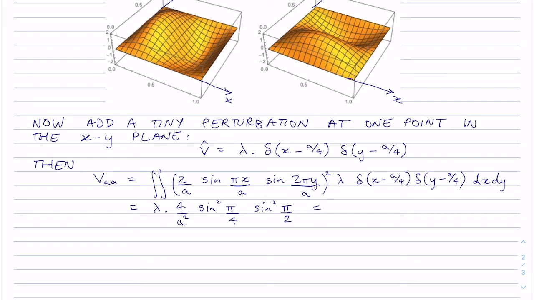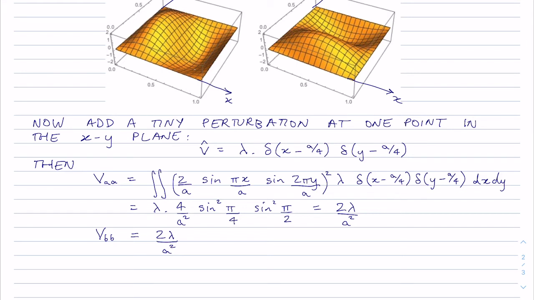Sine of pi on 2 is equal to 1, sine of pi on 4 equals 1 over square root 2, so we square that, it's going to be 1 over 2, so this is going to be 2 lambda over a squared. And similarly, homework, check it yourself, V_BB is equal to 2 lambda over a squared,